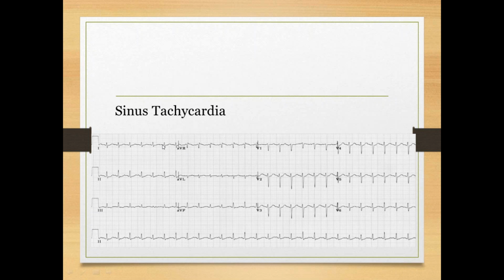This is an ECG of sinus tachycardia. Here if you look closely, you can see the P waves. Then you have a QRS. This is again low voltage QRS complex. So P, you can see a QRS, and then a T, and then immediately again a P. So you can see the P waves.